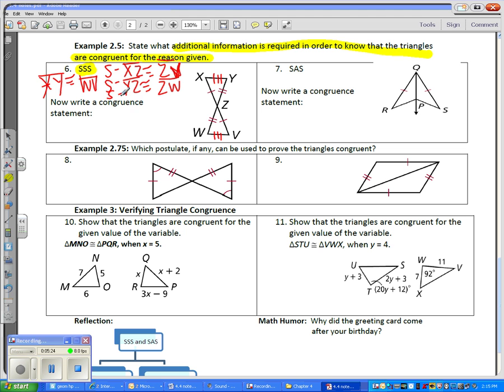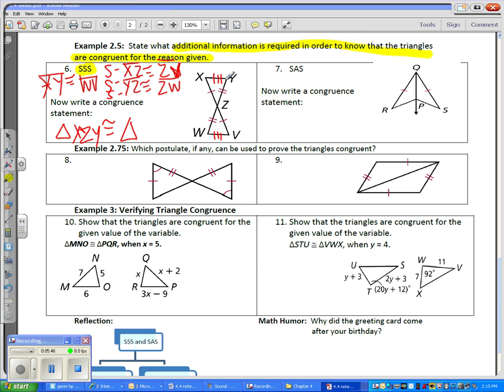So now it says write a congruency statement. So a congruency statement, remember, is triangle whatever is congruent to triangle whatever, and it tells us all the sides and all the angles that are congruent to each other. So I look at the tick marks, and I am boring. I just go 1 tick mark to 2 tick marks to 3 tick marks, and that lets me know I'm doing it correctly. So for example, XZY,